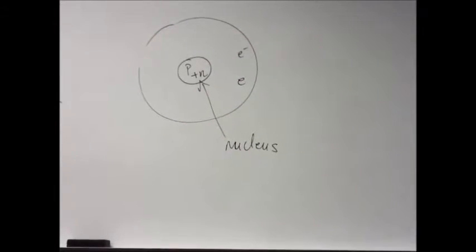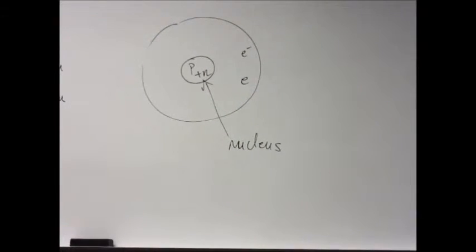What this really states is that the protons and the neutrons, which is the entire mass of the atom, are actually in the center of the atom. Electrons, which are weightless, it doesn't matter. They're all outside.